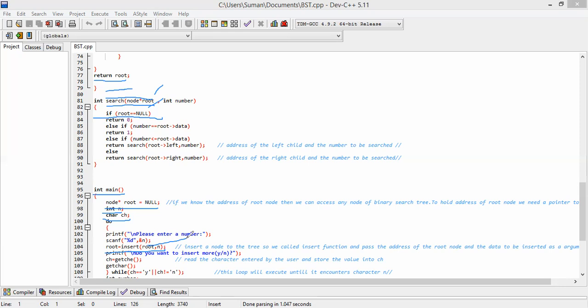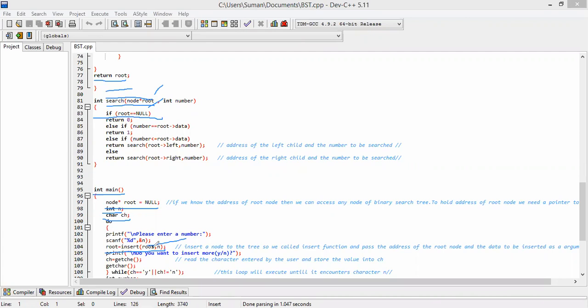Then what we will do, through this insert function, we are passing two parameters. What are these two parameters? One is the address of the root node, and another one is the data to be inserted, passed as an argument in this insert function.